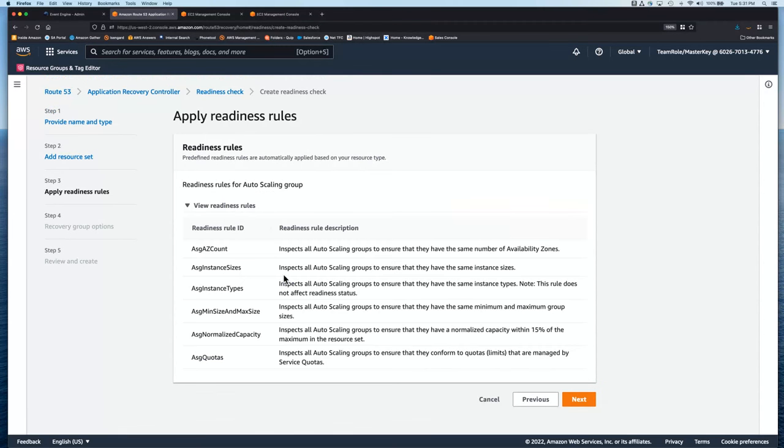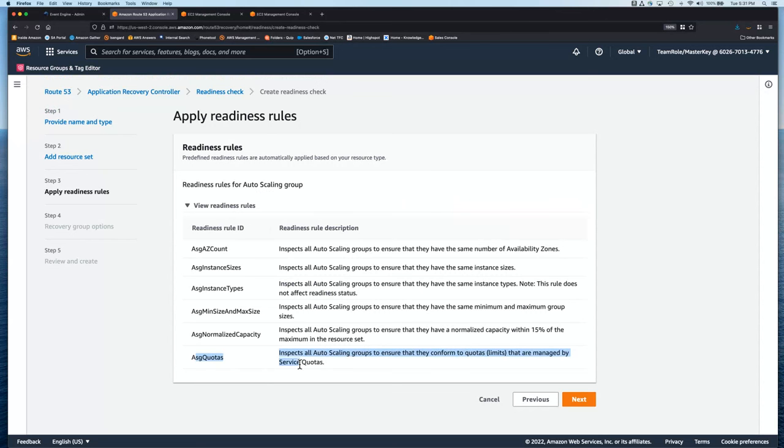Here's where I see the rules that are going to be in play for this type of resource. So what it's going to be doing is checking that I have the same number of instances, the same type of instances, the same capacity. Again, if the concept here is that these cells are the same and I'm going to switch traffic, I want to make sure that the sizing is the same to be able to support it.